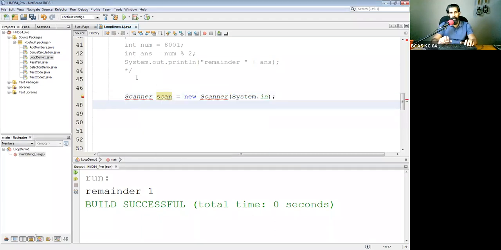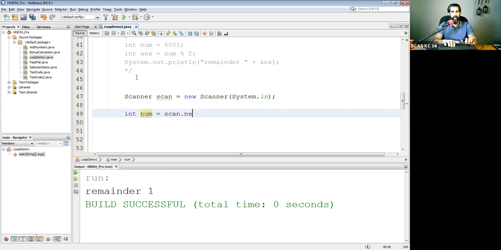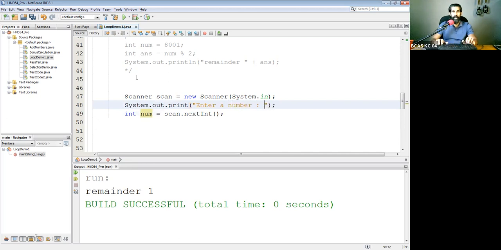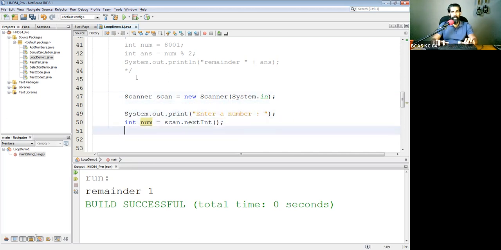So that tool I have to import. In Java, we're going to learn these things in detail. Now we're going to say int number is assigned the value scan.nextInt. Before that, we will instruct the user what to do. Enter a number. So the user will enter a number.